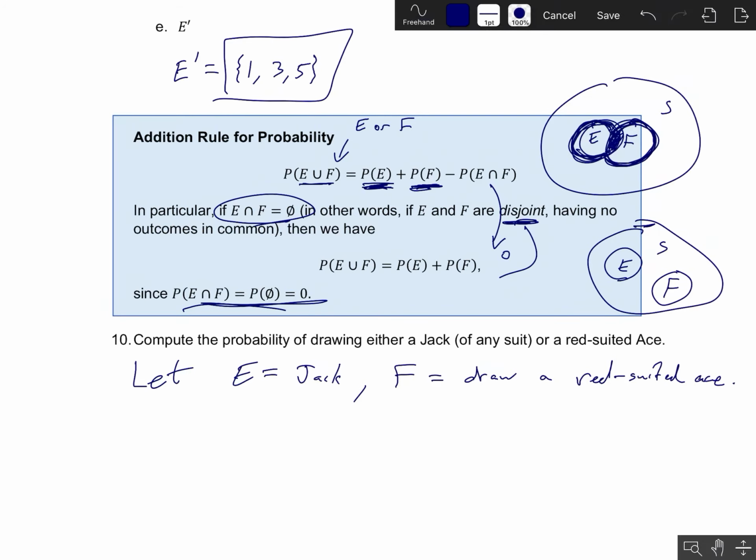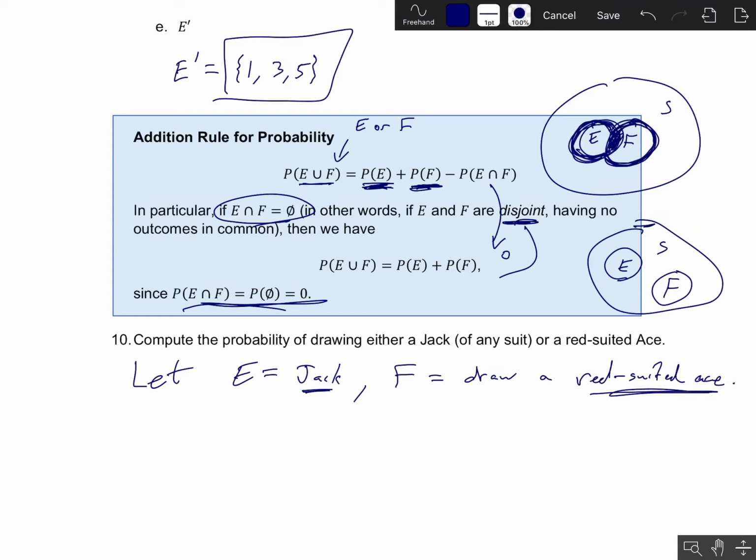Now notice that these are disjoint events in that they don't have any outcomes in common. So the set of jacks would be the set of jacks of each suit, and there are 4 of those, but that set doesn't have anything in common with the red-suited aces, which would be the ace of hearts and